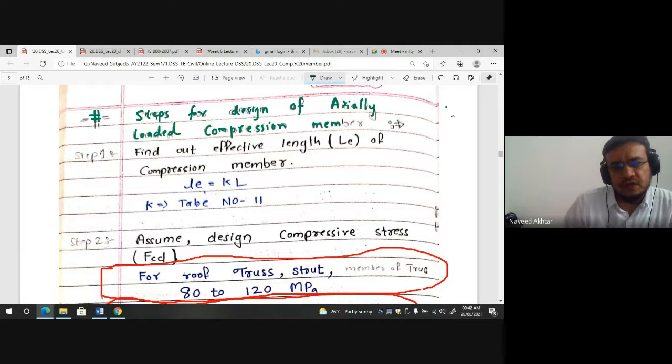This step-by-step procedure, you can write down in your notes. Step number one: